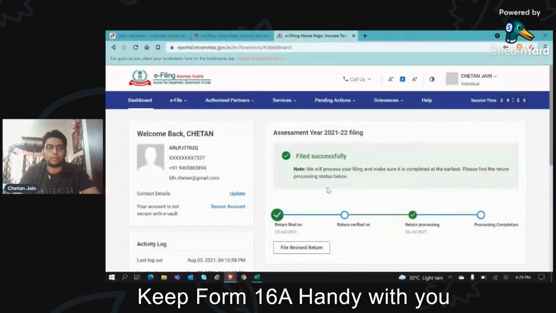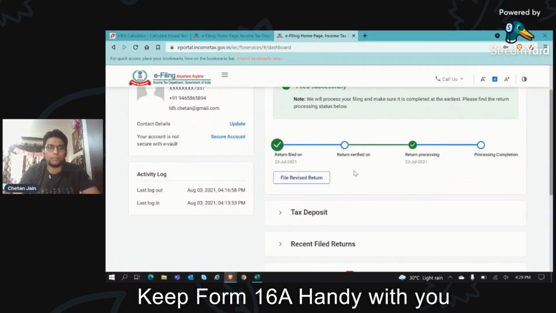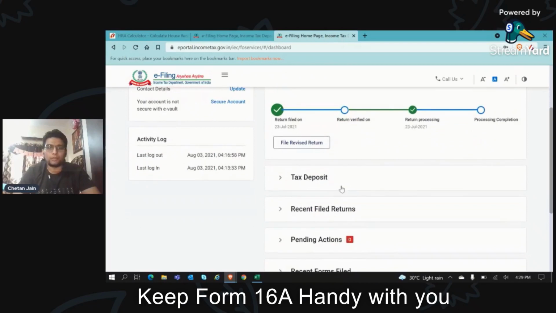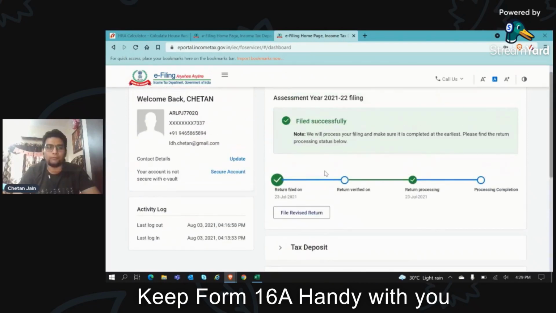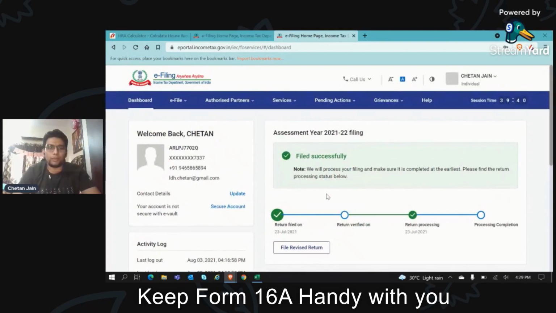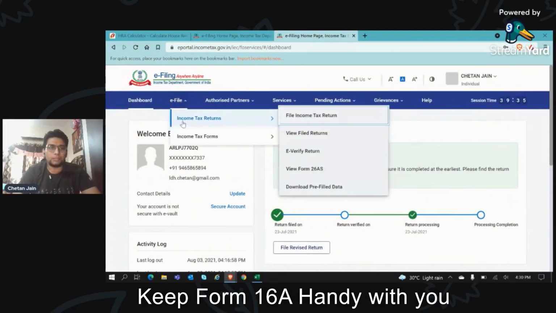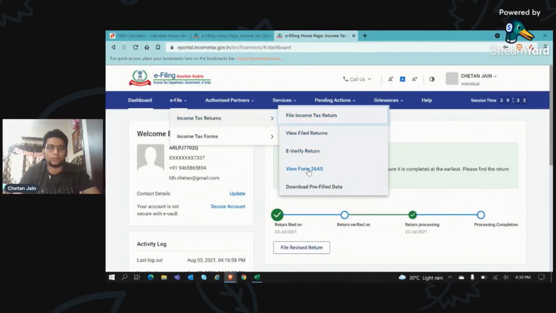Sometimes when I was filling my income tax form, it gave me an error that my return has already been filed. That might be possible if you have your Form 16A and your organization or employer has already filed your income tax on their own behalf. Even then, you can file your revised return easily with no problem. Here in the e-file section under income tax returns, you can see your Form 26AS, where you can see the salary or any income you are getting in your bank accounts.